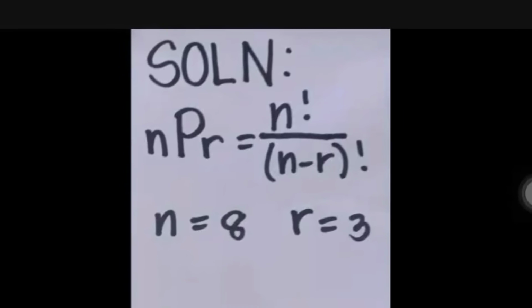In this way, ma'am, which is n factorial over quantity n minus r factorial. So we substitute, ma'am, which is 8 factorial over quantity 8 minus 3 factorial. Then we solve, so 8 factorial over 5 factorial. Then we continue, and our answer, ma'am, is 336 ways to arrange the 8 potted plants in 3